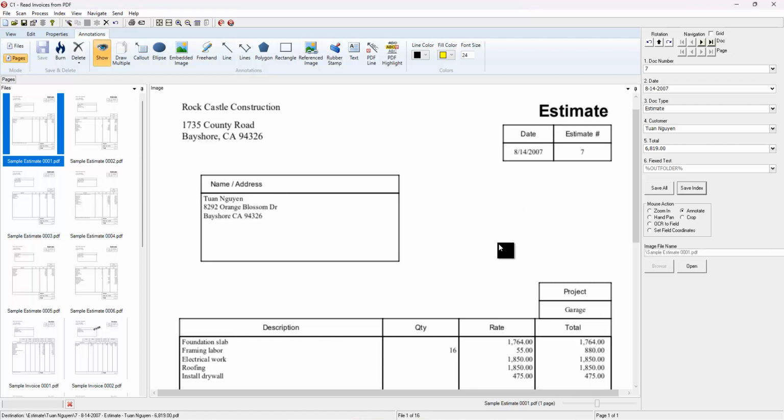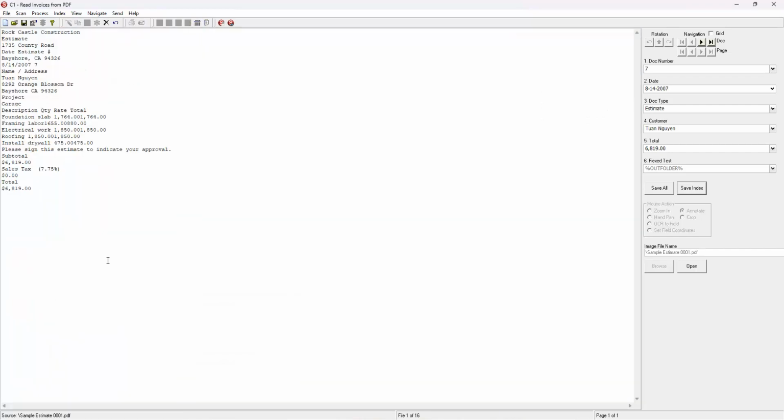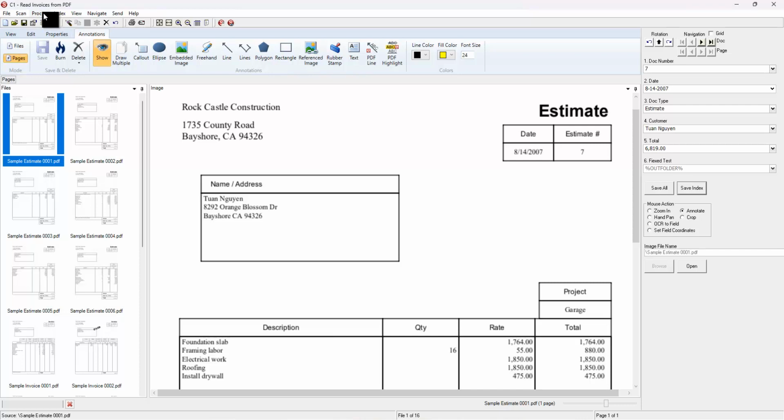of the page. And again, we're reading all the text that's on the page, not just the values we want. So if we look here, this is everything that it read off of that page. So how do we pull out just the values that we want? Well, if we look at our job options once more,